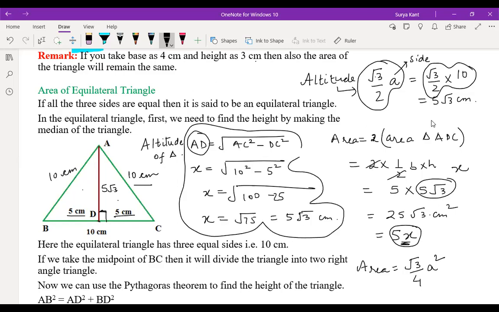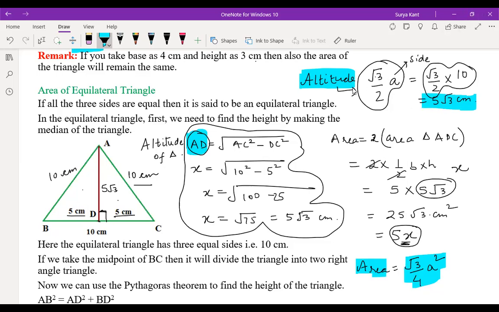Understood? Sir, but it will take lots of time in exams or competitive exams to do all this. That's why I'm telling you both the things. I'll not skip this also, child. I will teach obviously. First I'll go with the long method and then I'll go to the shortcut. Okay.